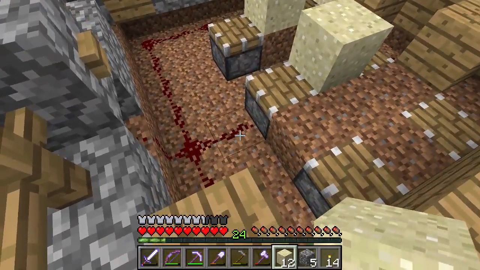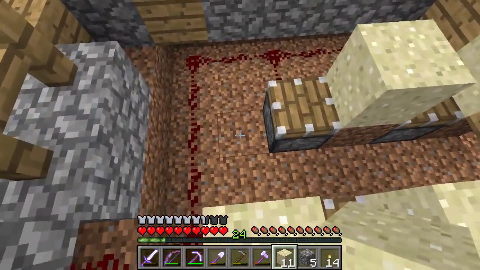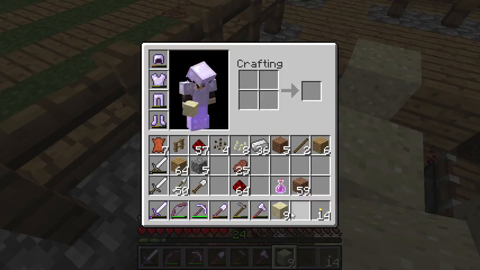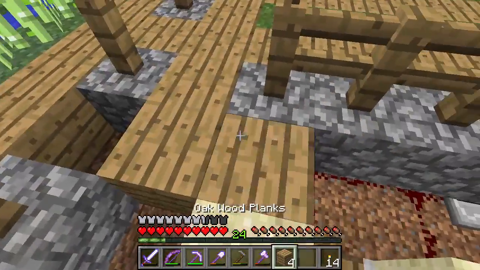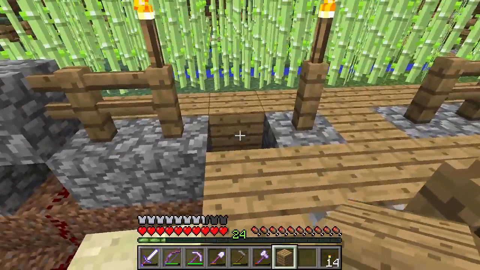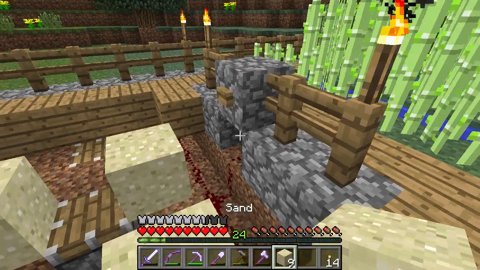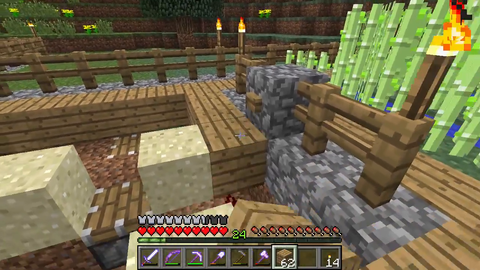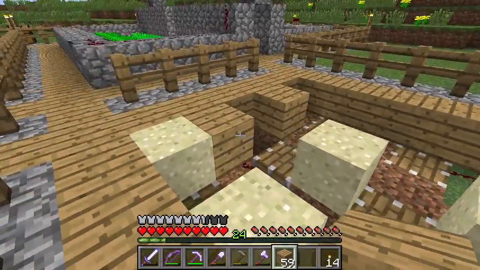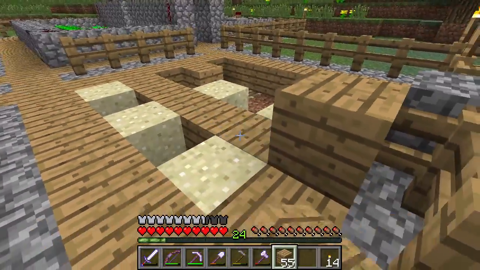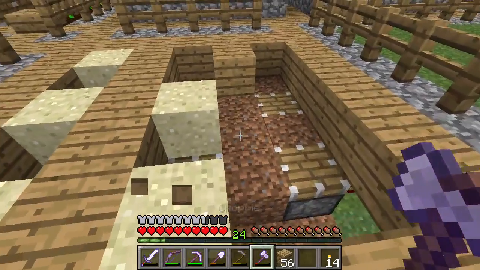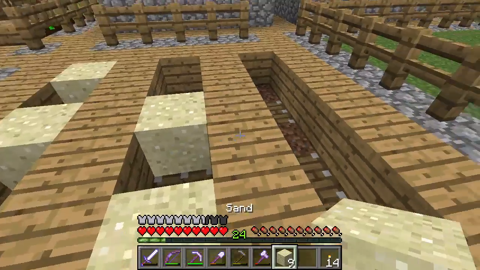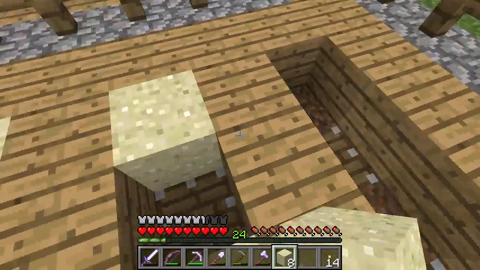So now all we need to do is put the sand back. So put the sand back, and we can add our wooden walkways back in here as they were. And now, because this is only going to be 1 high, no monsters will spawn in here, so that's just another advantage to doing this particular design. So we want to first put this all in here, and then this. And now let's put our remaining stuff back in, this, and there,